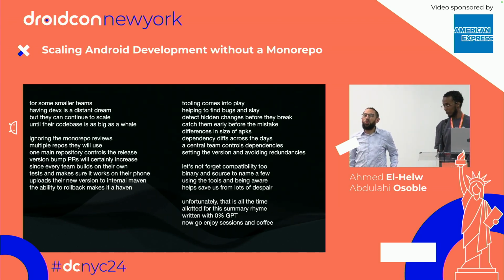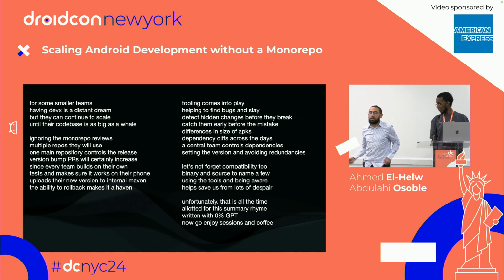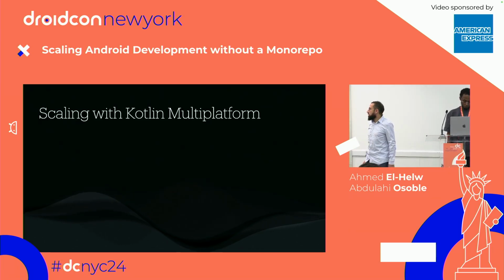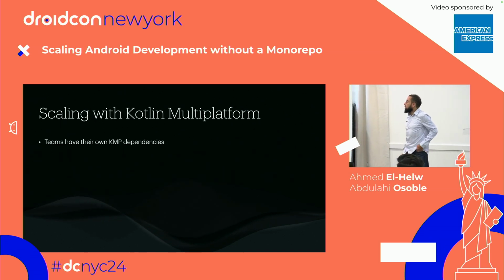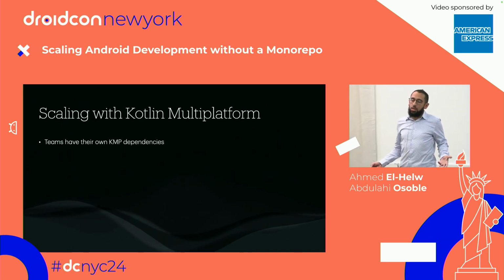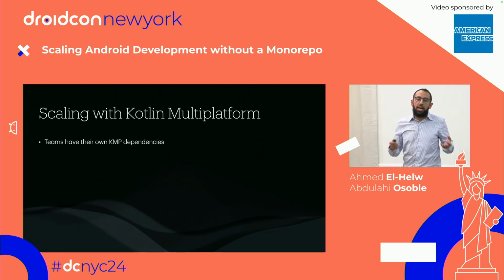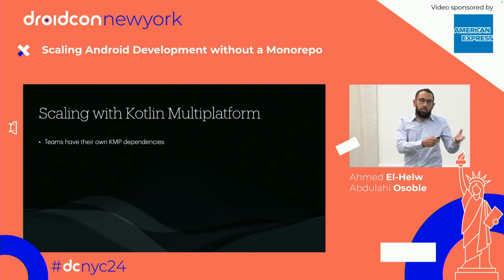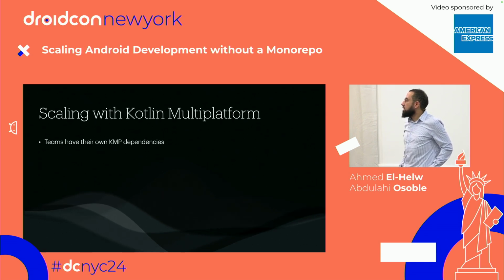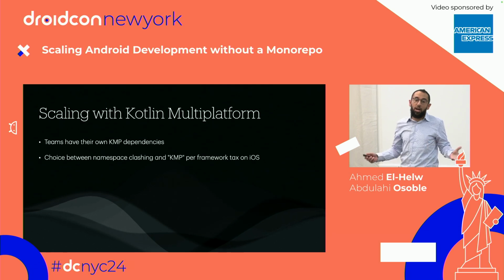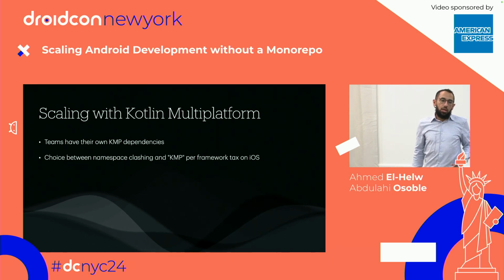If we're okay on time, I have one more slide, but it's a little bit off topic in the sense that it's more related to the iOS side of things, but I thought it was worth sharing here. Today, with the same setup, the teams have their own shared KMP dependencies. For example, the food team has a shared library that they share with iOS, or more than one shared KMP library. The recommendation typically from Kotlin and JetBrains is to build an umbrella framework, which is one iOS framework with all the KMP code in it.